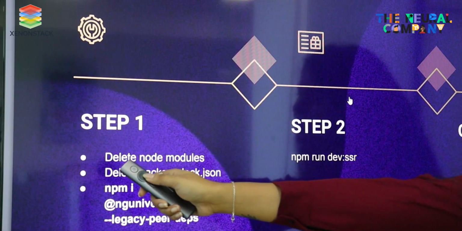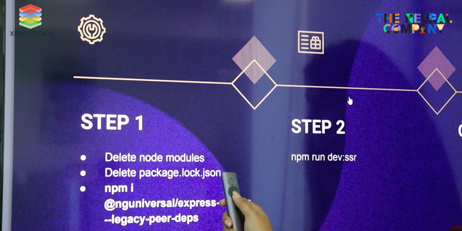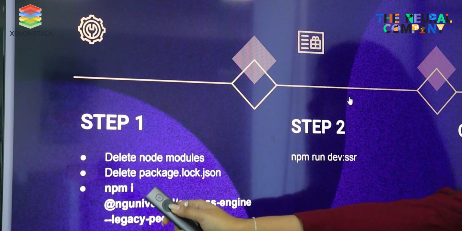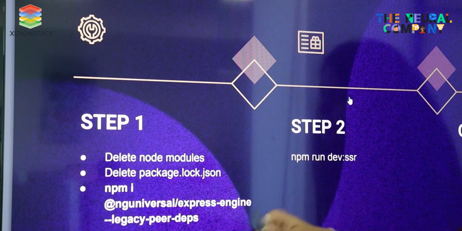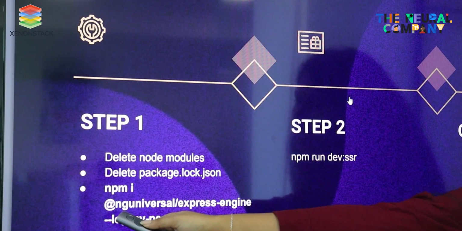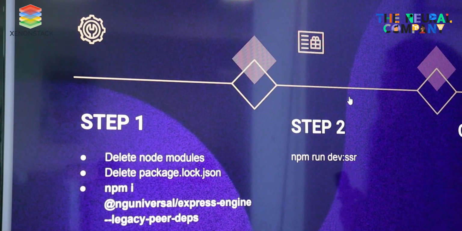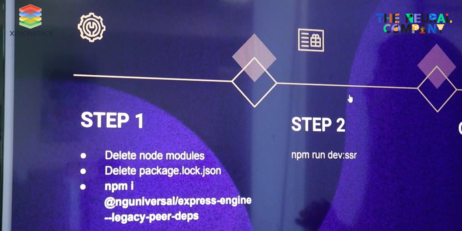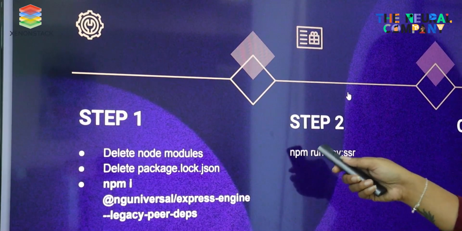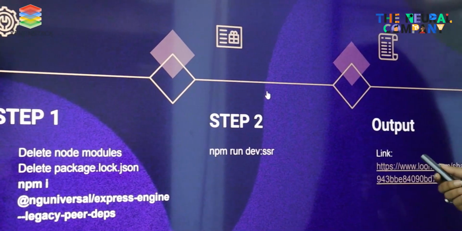First we have to delete the node_modules, then the package.json and package-lock.json file, then we have to install all the npm modules we used previously, and finally the Angular Universal Express engine. Next step: generally we use npm start or ng serve, but here we use npm run dev:ssr. Lastly, the output.